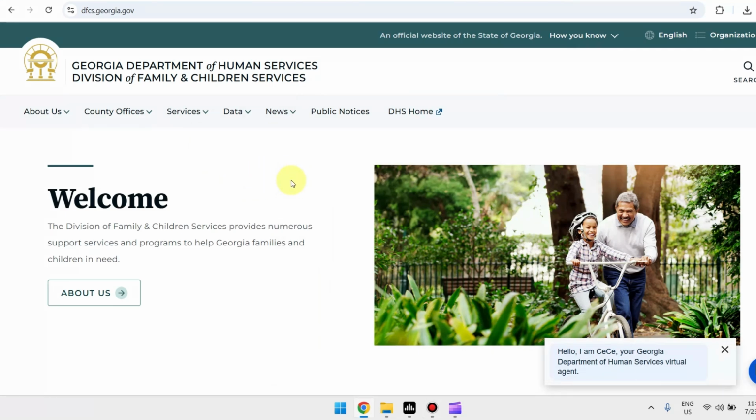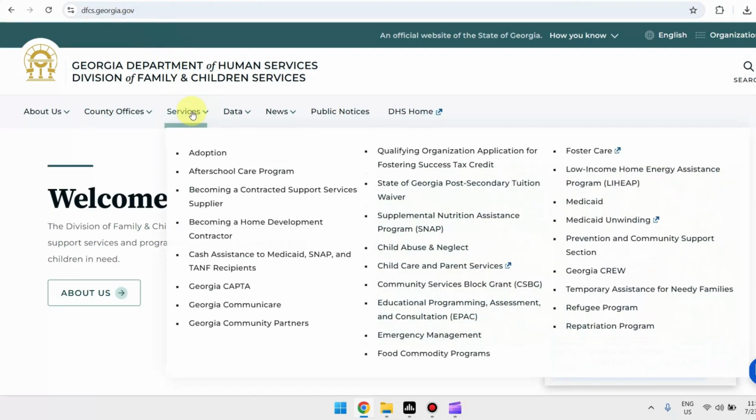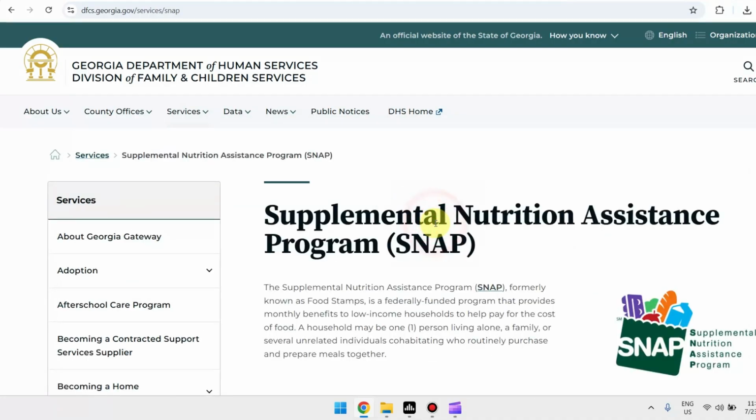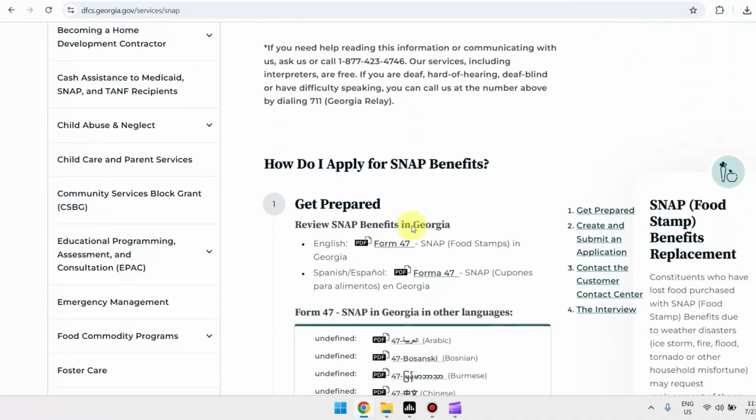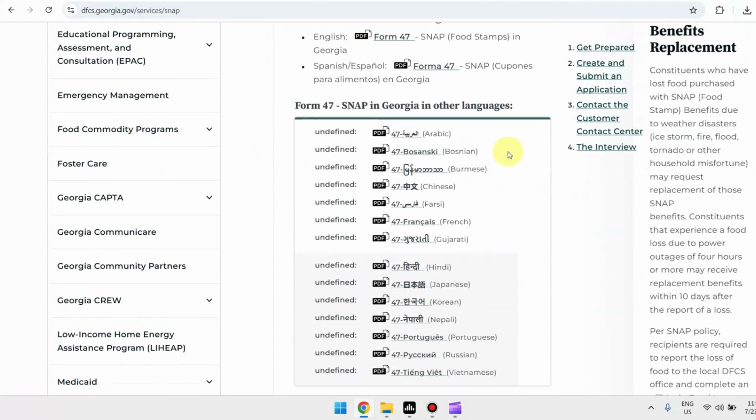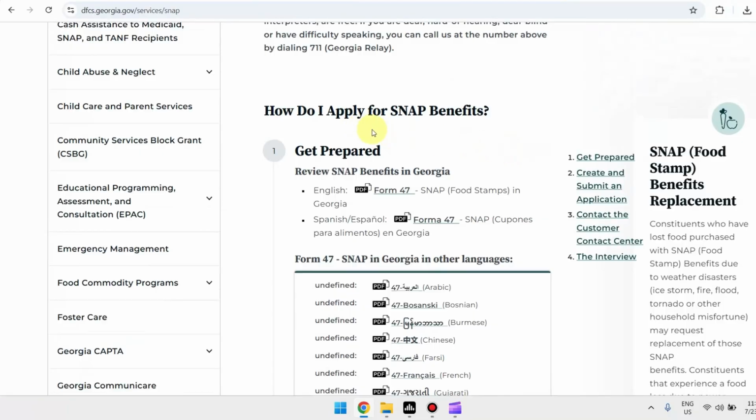So for today's video, I'm going to teach you how to apply for food stamps in Georgia. So all you have to do is head over to tfcs.georgia.gov. From here, just hover your mouse on services, then click on SNAP. And from here, if you scroll down, you should be able to see instructions and guidelines on how you can